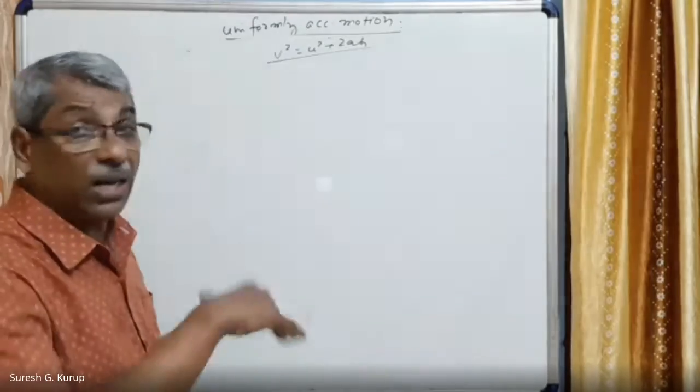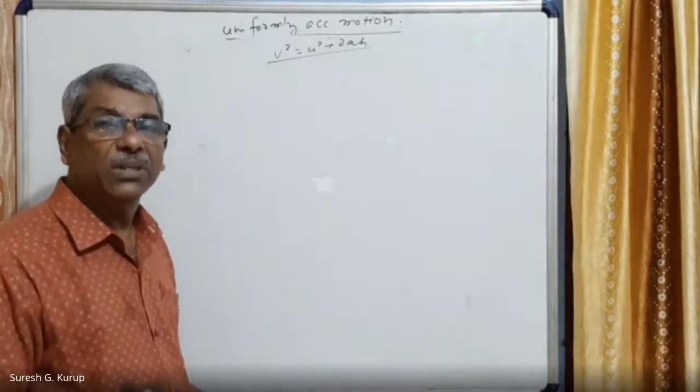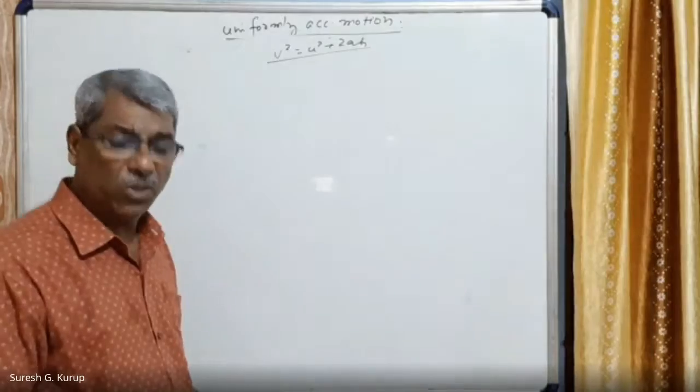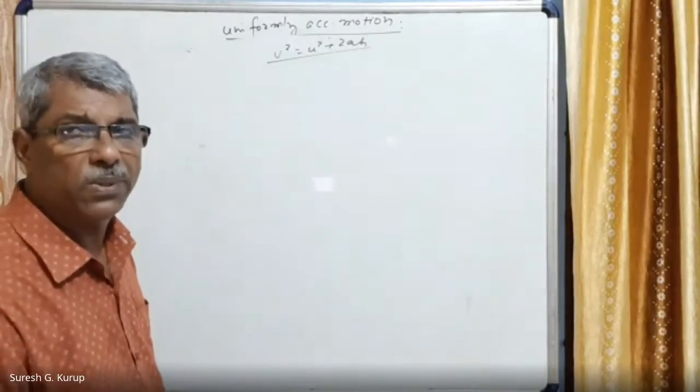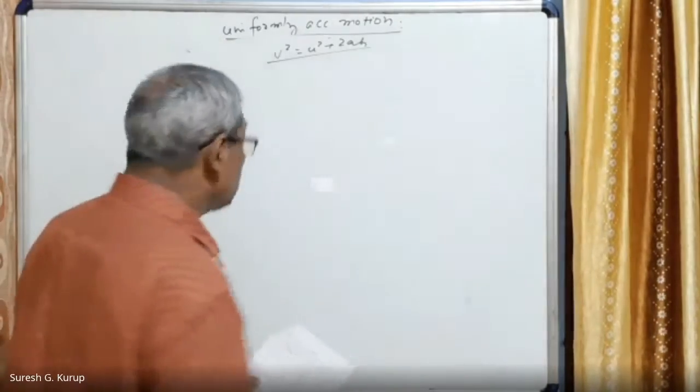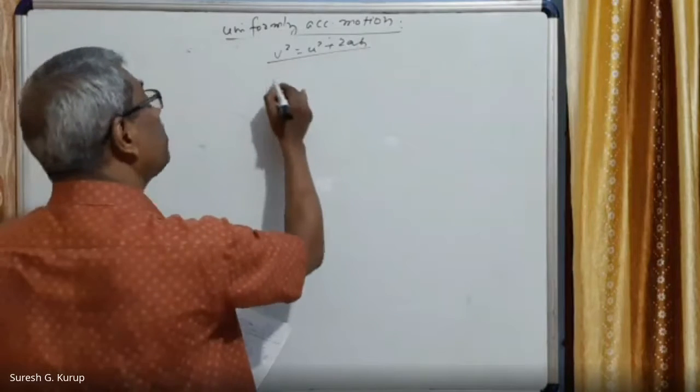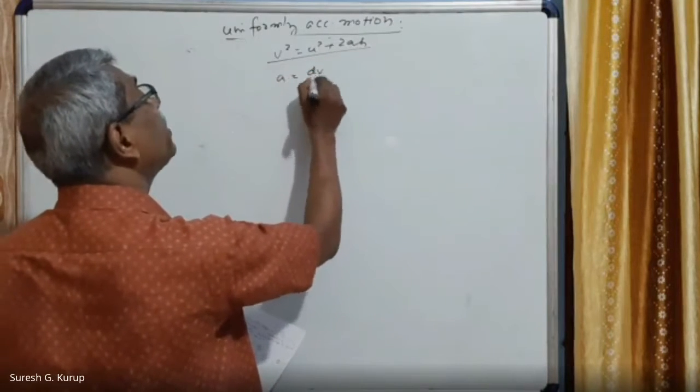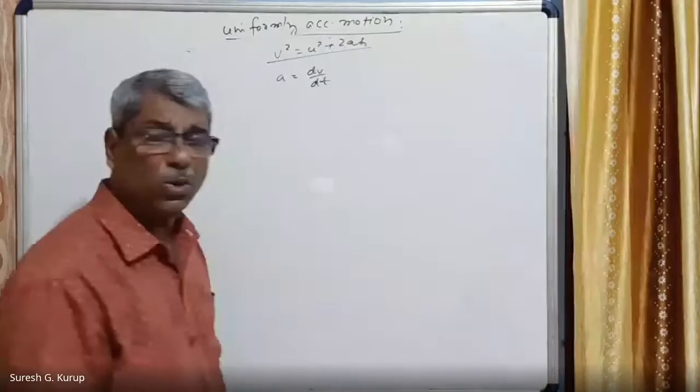So this is a relation between displacement and velocity, right? The earlier one was displacement and time. This is displacement and velocity. So these equations can be used for different purposes when needed, right? So now, from all the relations, we know that a is equal to dv by dt. Everybody knows that a is equal to dv by dt.